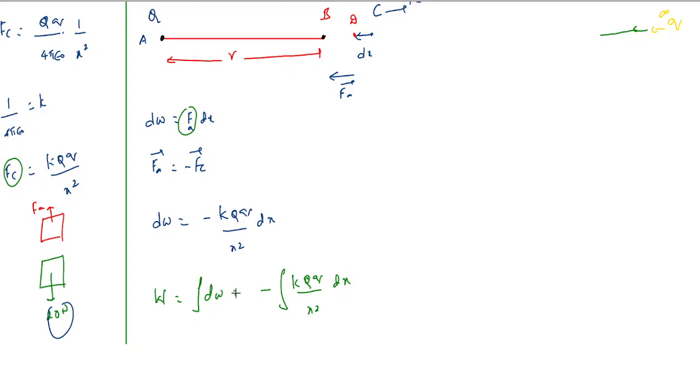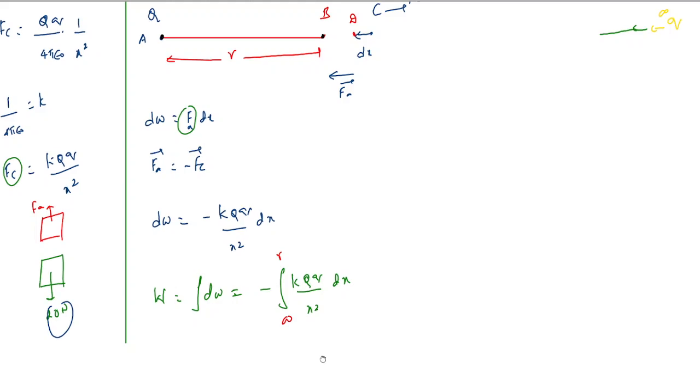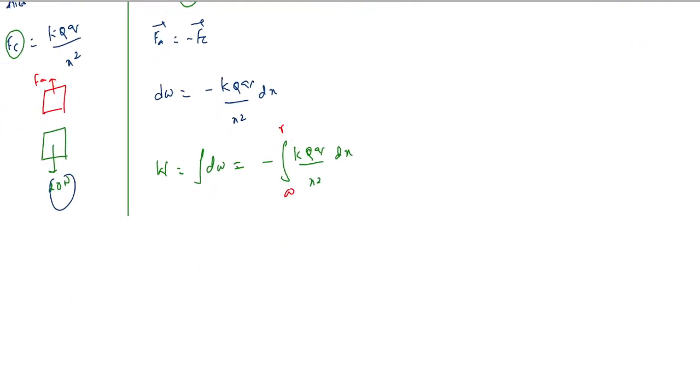Now by definition, to define electric potential, the charge is being brought from infinity. So x starts from infinity, it's from infinity to the point B. When the charge is brought to the point B, the distance becomes r. So these are the limits. Therefore, the work done here, in this case, minus k capital Q small q comes out, they are constants,